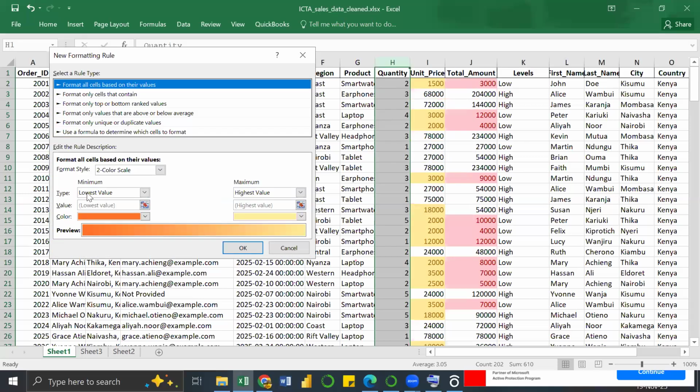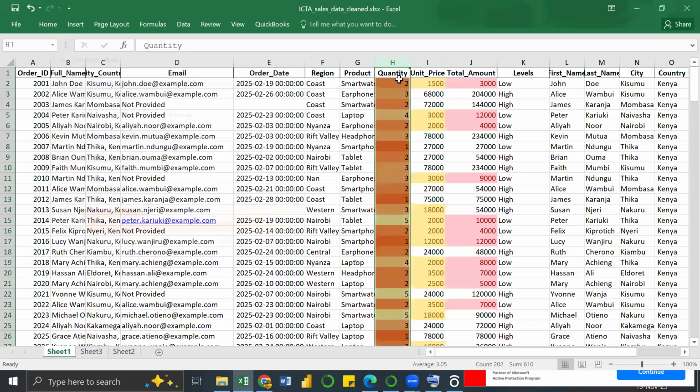So for example, format all cells based on their values. So the format style, we have the minimum value, the lowest value there, while we have the maximum value. So let me see. Let's just try and see what you're going to get here. So if we selected that,